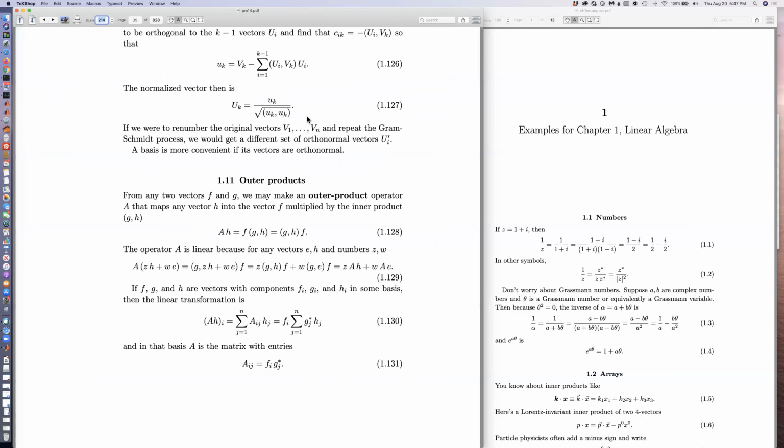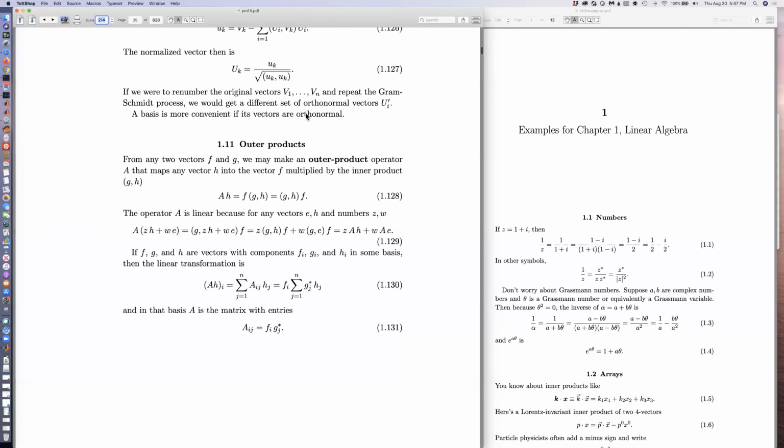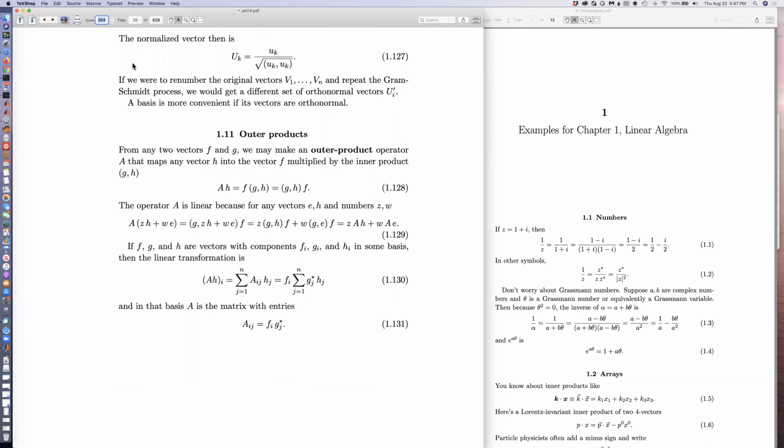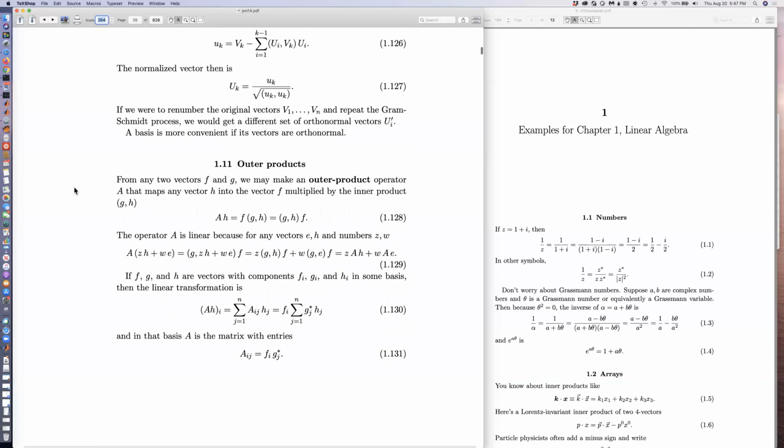Now, how do I get that to be big enough? I don't understand how this works. Let's try that. Okay,